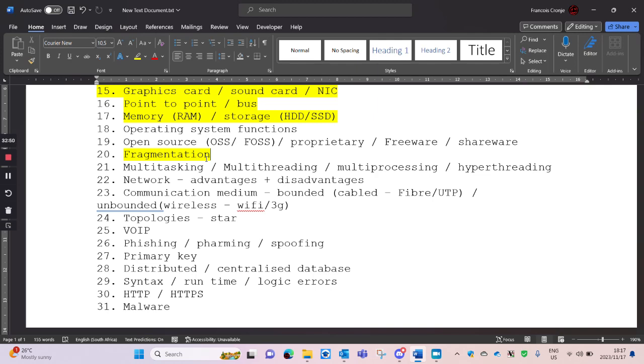Defrag means defragmentation. And that's just when you ask the hard drive, hey, listen, please sort yourself out. And what it will do is go and group all the files together that should be together, so that when you read, it actually speeds up the computer. So running defrag could actually make your computer faster. And in some instances, it can give you more usable space as well. It doesn't give you more space, but it does allow you to get some more usable space by running defrag. Yes.